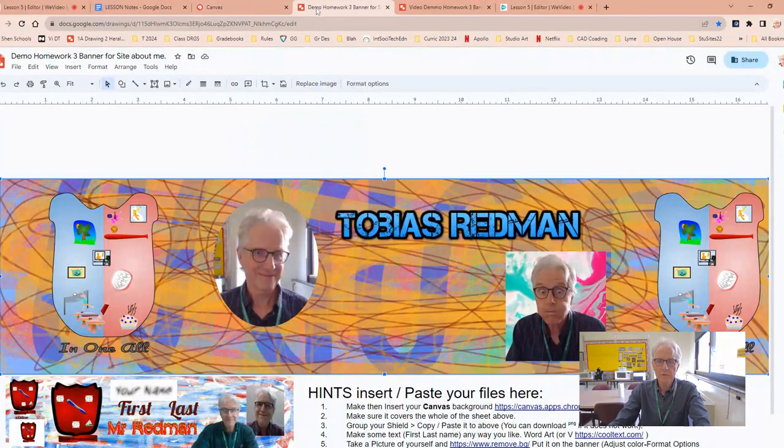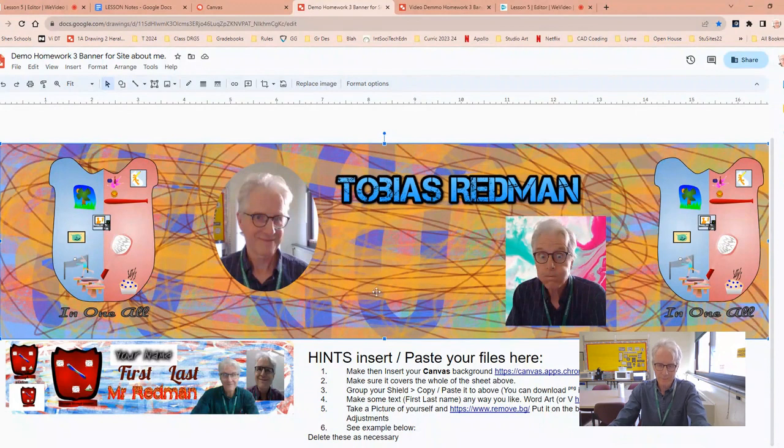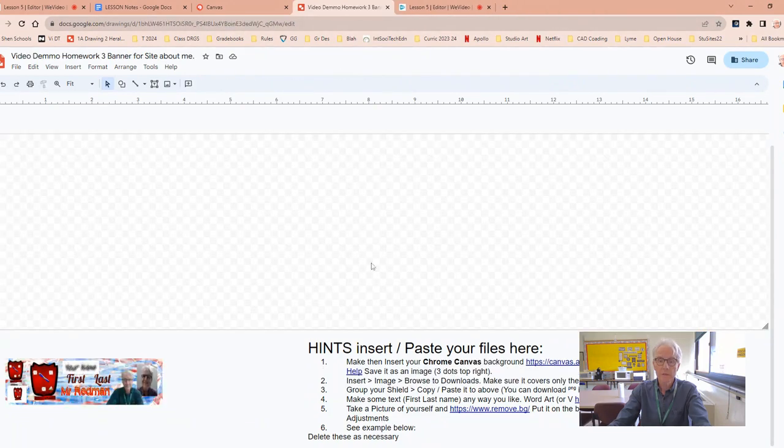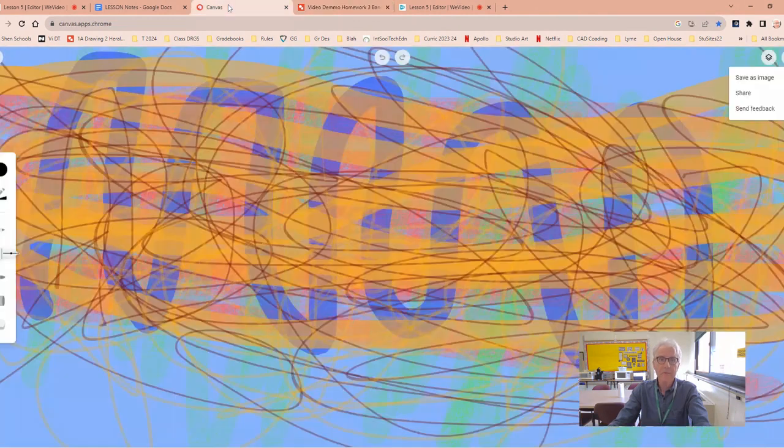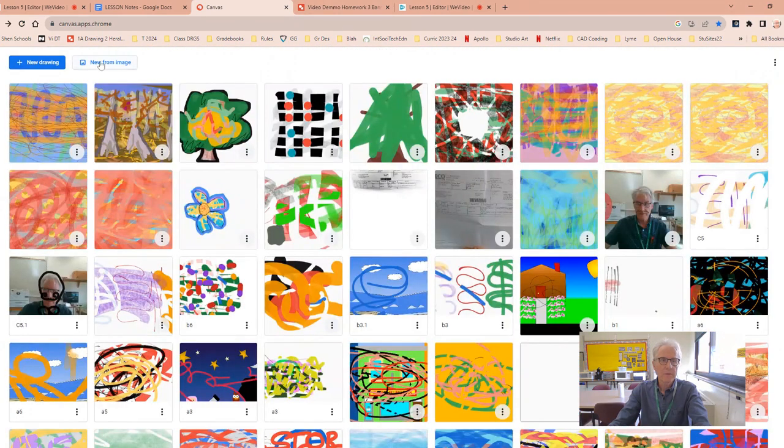Okay, so you've just received a homework and you're going to make a background, put your picture and your shield on it and do some text. So this is how it works. I put the links here so you can link to Canvas, make a new drawing,